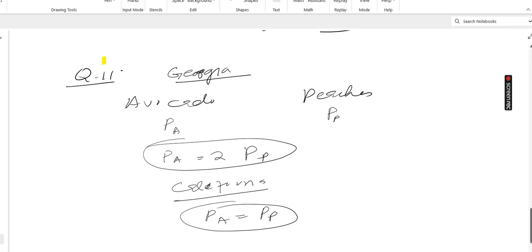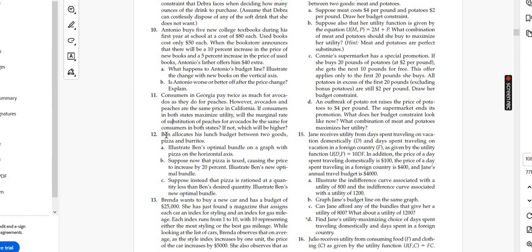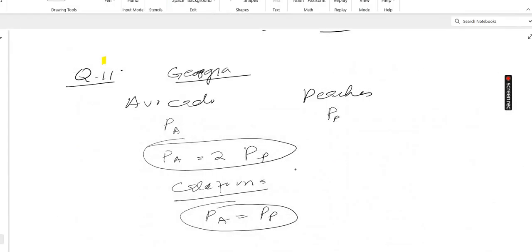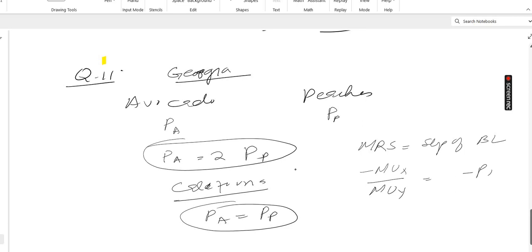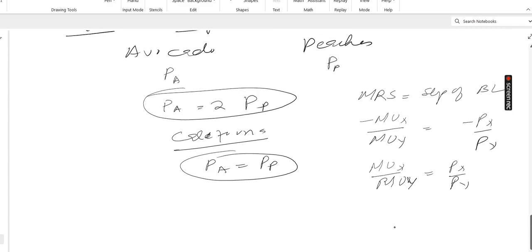यूटिलिटी मैक्सिमाइज करने के लिए क्या था क्वेश्चन, कि इफ कंज्यूमर इन द बोथ स्टेट मैक्सिमाइज यूटिलिटी, विल द मार्जिनल रेट ऑफ सब्स्टिट्यूशन दोनों का सेम होगा या डिफरेंट होगा। अब आपको पता है कि जो आपका इक्विलिब्रियम होता है, वो होता है जहाँ पे MRS, मार्जिनल रेट ऑफ सब्स्टिट्यूशन, इज इक्वल टू स्लोप ऑफ बजट लाइन, ठीक है। और ये होता है माइनस ऑफ MUx ओवर MUy इज इक्वल टू माइनस Px ओवर Py, और अगर हम इसका माइनस उड़ा दें तो MUx ओवर MUy इज इक्वल टू Px ओवर Py, बस ये होता है, ठीक है।